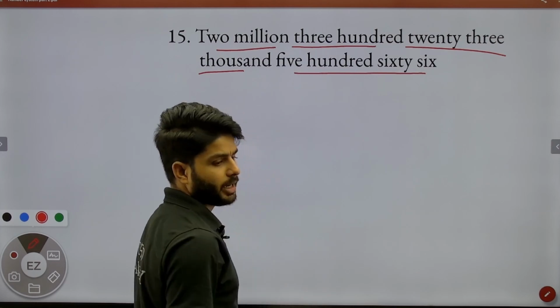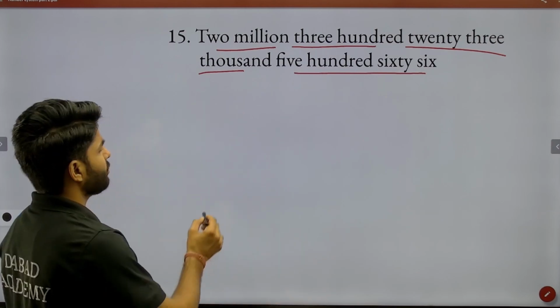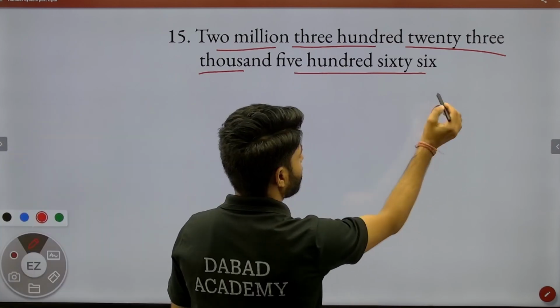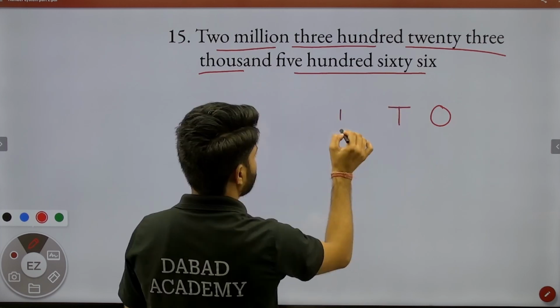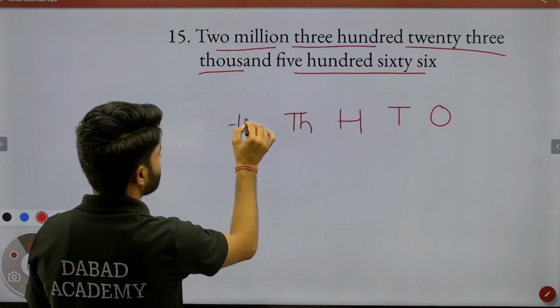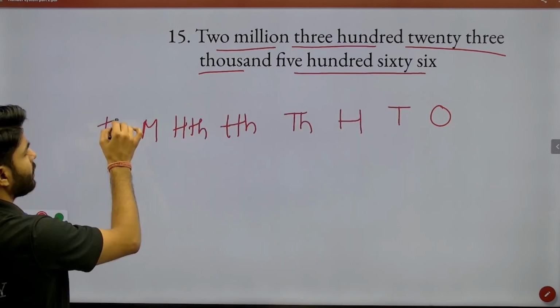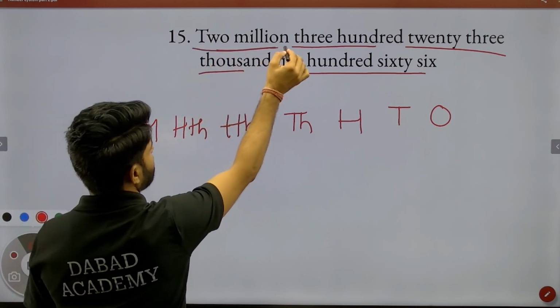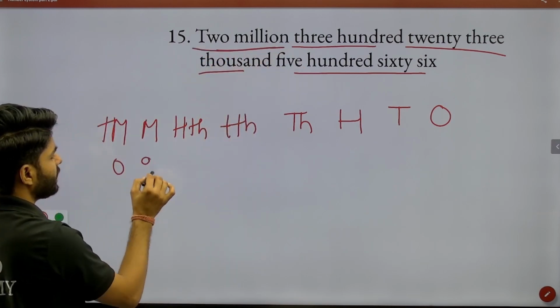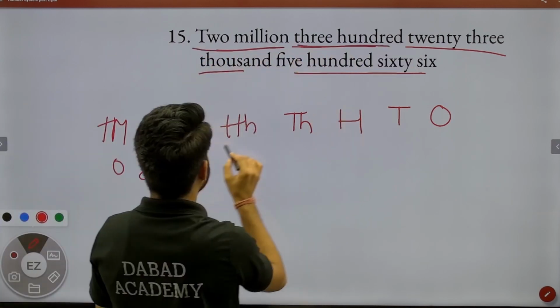2,323,566. We have to write these in numeral forms. So first we have to write the international place value chart, that is ones, tens, hundreds, thousands, ten thousands, hundred thousands, million, ten million. So we have to write first 2 million, so that is 2 million. Now 300,